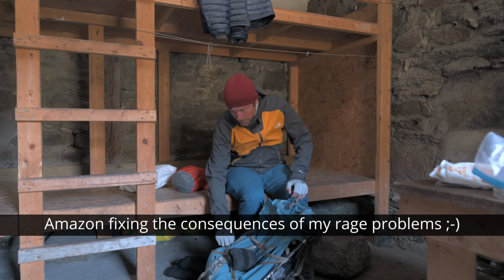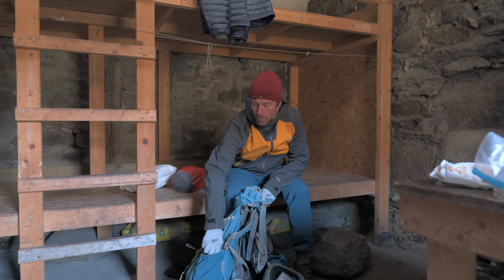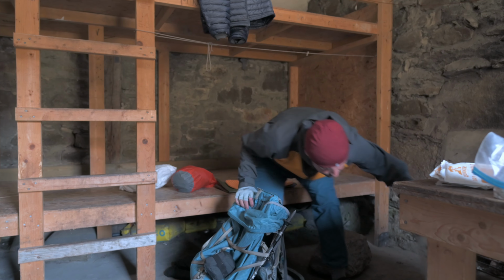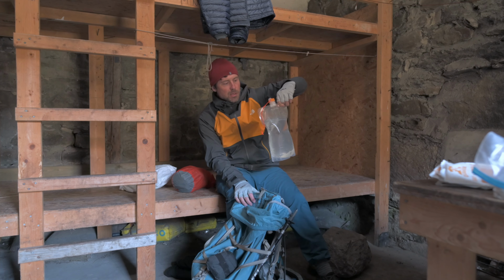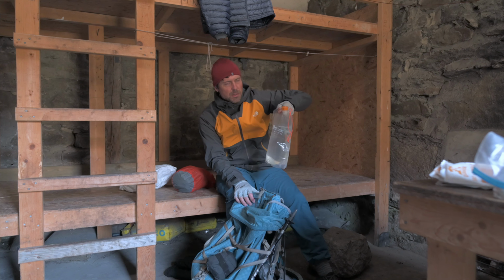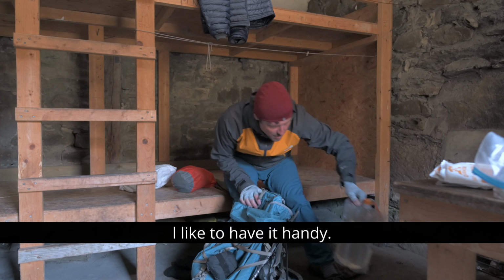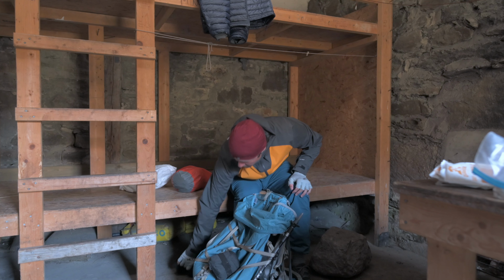What else do we have here? So that's here, and I always put my water bottle on this side. On the other side, I always have my 2 liter water carrier from Evernew, and this is something like 40 grams, I think. Anyway, I like this thing. I just fold it here on the side and collect the water while I go, so I have plenty of water here. I don't have to go